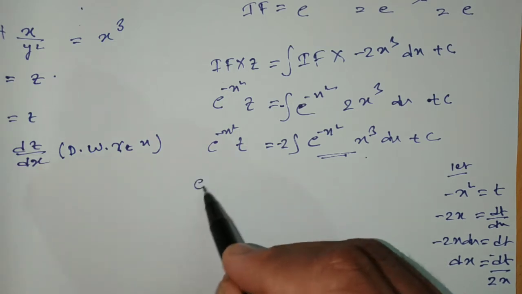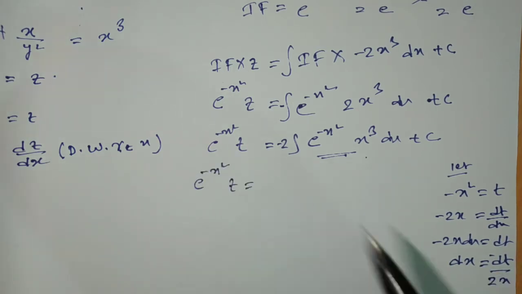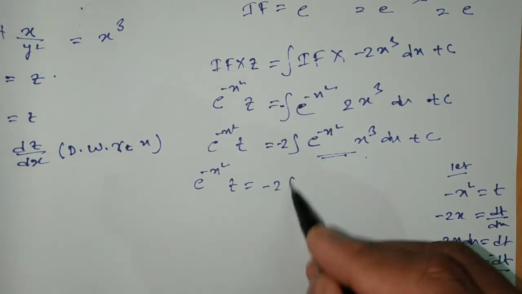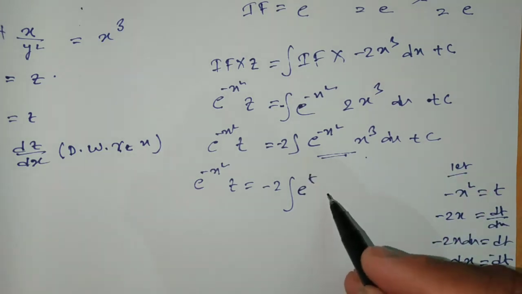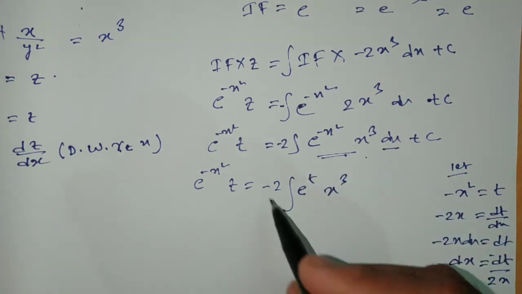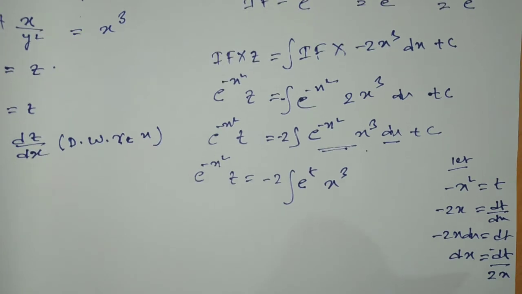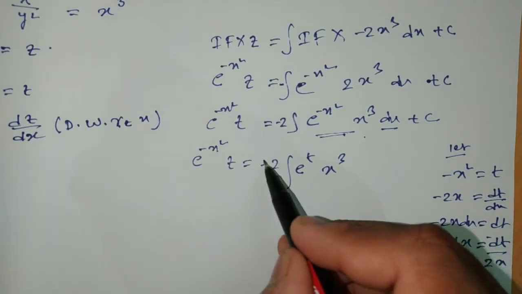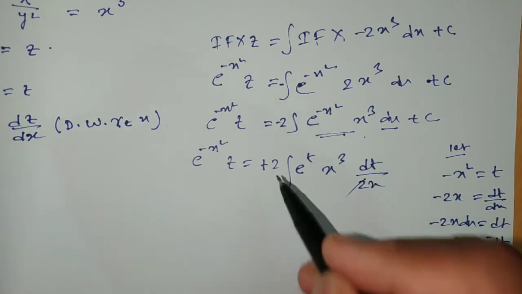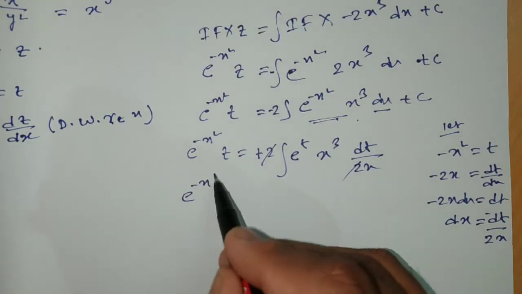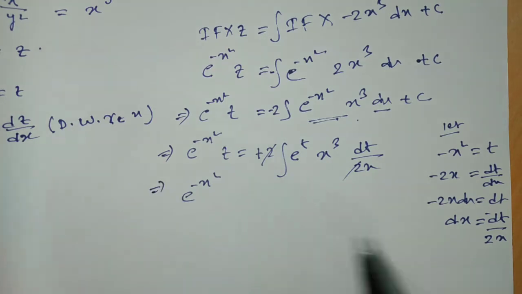See here, e to the power minus x square z is equal to, here, e to the power minus x square will be equal to e to the power t, and x cube will be there, and dx will be equal to what? Minus dt upon 2x, and minus gets plus here, so dx will be equal to dt upon 2x, and the 2 also cancels from here, so we get e to the power minus x square, so put a plus sign here, z